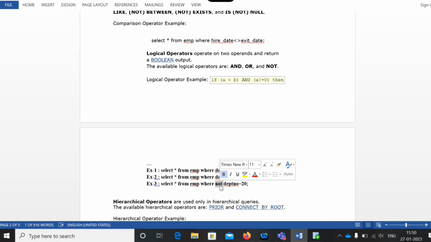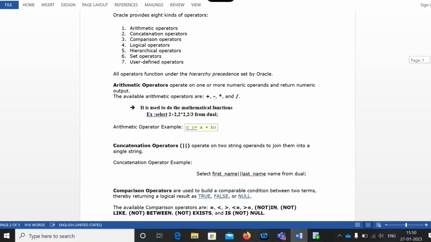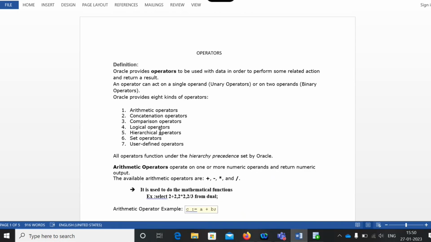Okay, this is about today's class. I already shared this document. Okay, see, we have hierarchical operators and the other thing we have is set operators. This is very, very important. Sets: we have union, intersect, minus. In mathematics also we have